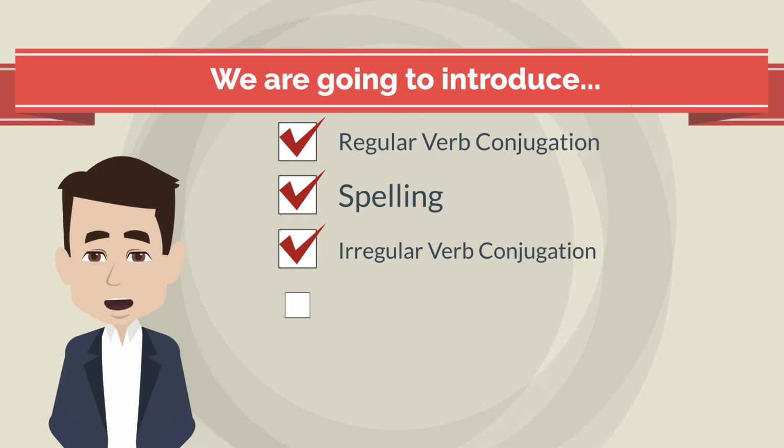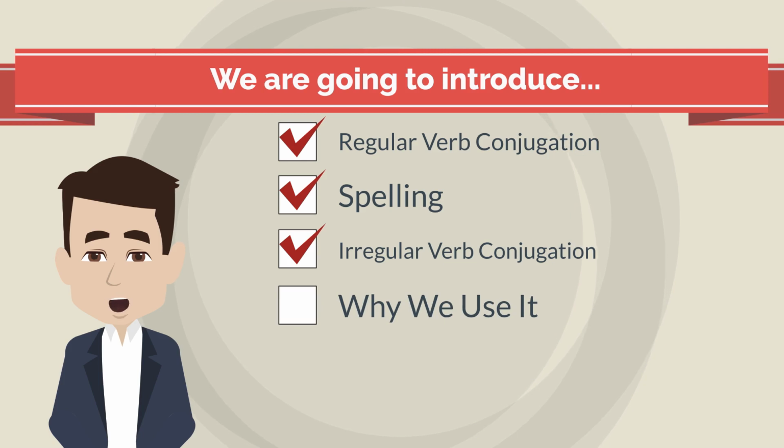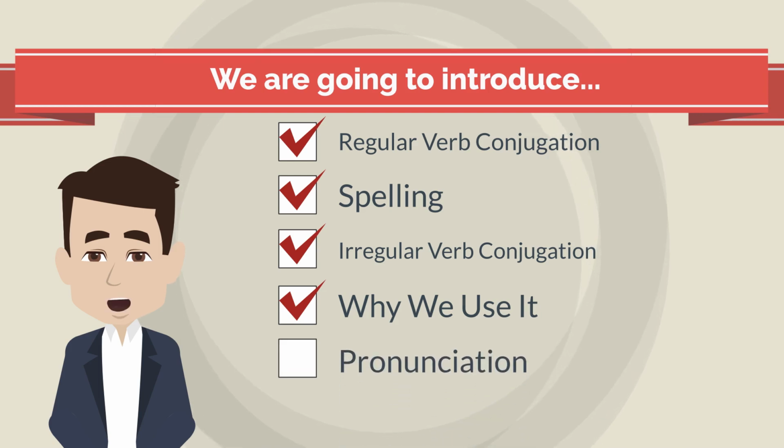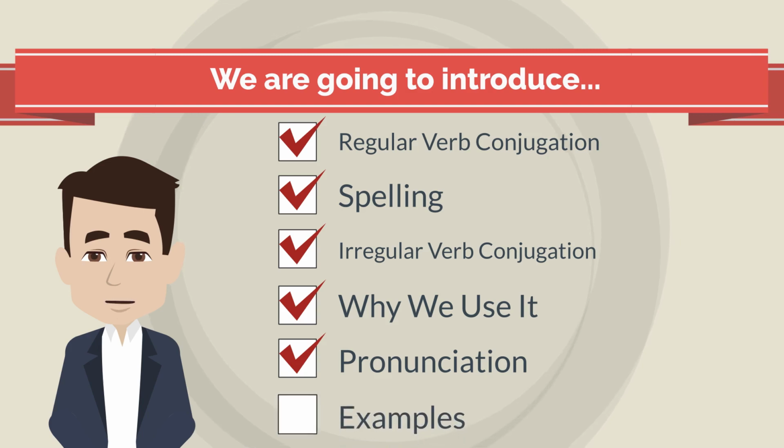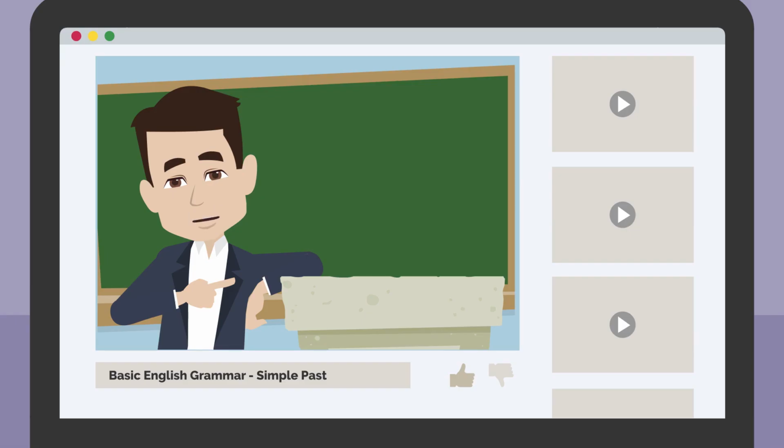Next, we will learn when to use the past simple conjugation. Afterwards, we will learn how to properly pronounce the ED sound at the end of words. Lastly, we will look at several examples to help make sure that you completely understand this very important English conjugation. If you would like to skip ahead to any part in today's lesson, we have added video chapters below that